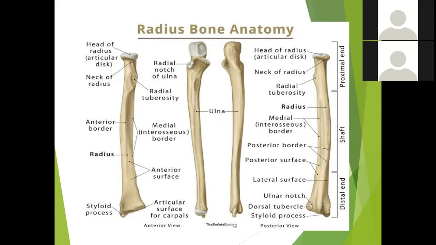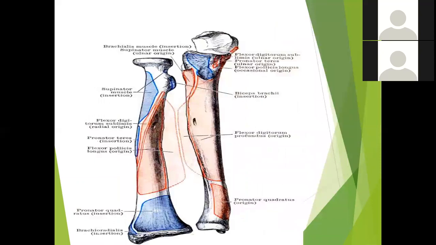So please remember this: the radius is the lateral side bone, so it has a lateral surface. The ulna is a medial side bone, so it should have a medial surface. Keep this in your mind. And again, in this picture you can see the lateral surface attachment for three muscles, the insertion of three muscles. So the first one is supinator,